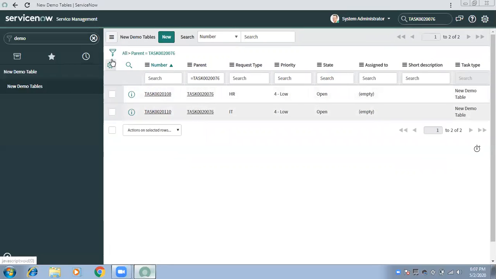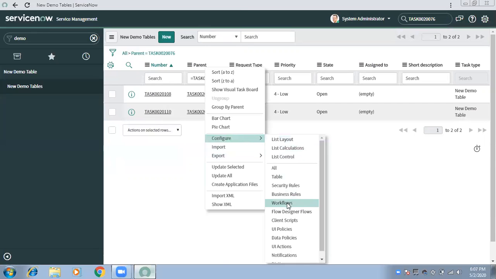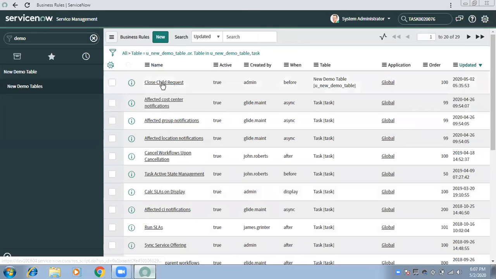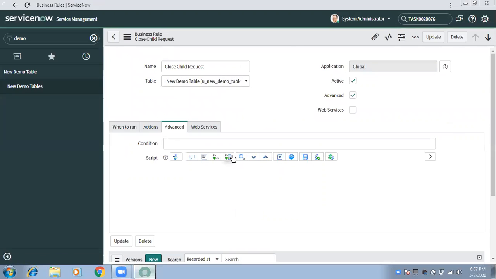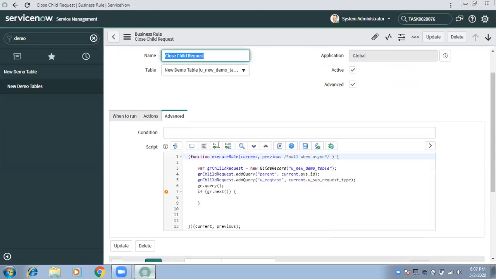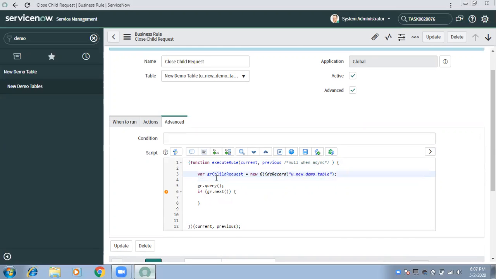So now what you can do is right click at the end of your breadcrumb, and here you can type copy query. Copy query. Now go to your script, configure business rule. So this is another easier way, right? Instead of writing it. Yes, you can prefer this one as well. So now you can replace all your addQuery. If your full query is made in list view, you can use it like this. Let me paste it.